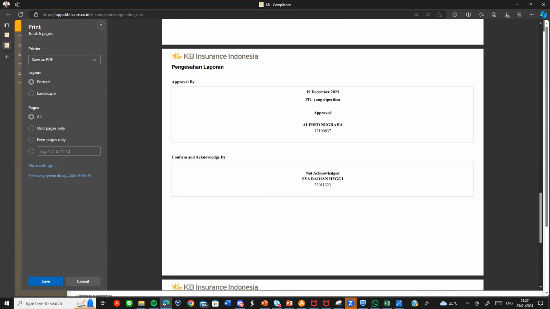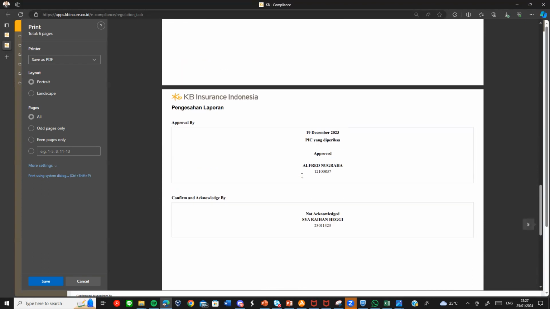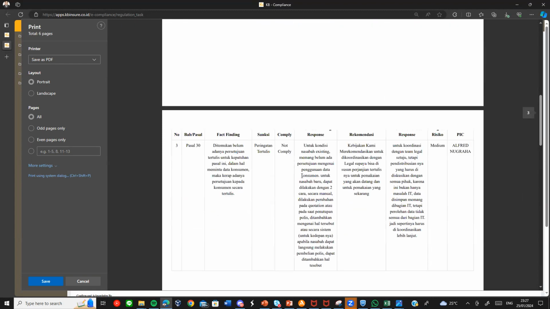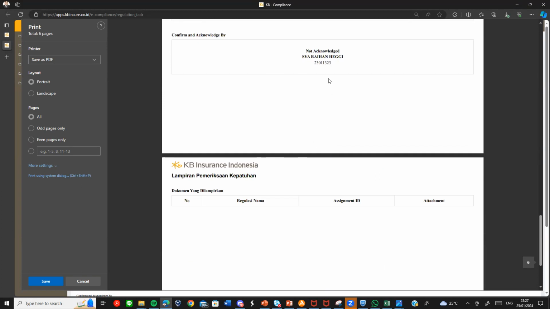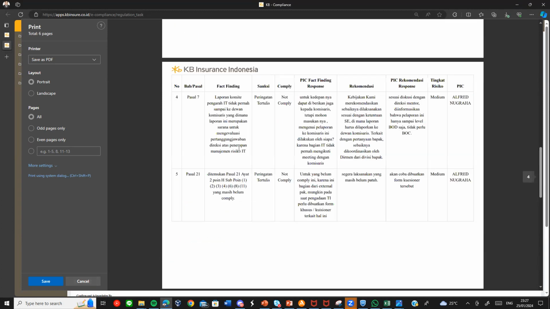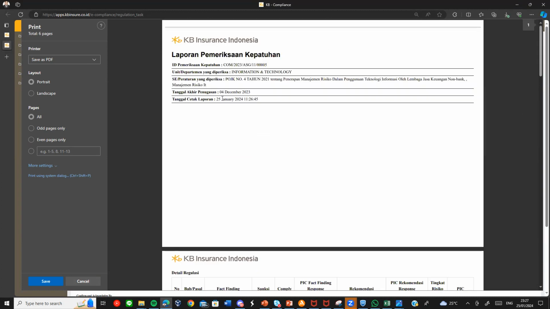This is because I'm not acknowledged yet, because this is not related to me. I'm just observing whether the system is working or not. So this is not really too much, and this will be not acknowledged. And for sure, if you check it at another time, the section will change based on the time you printed the report.